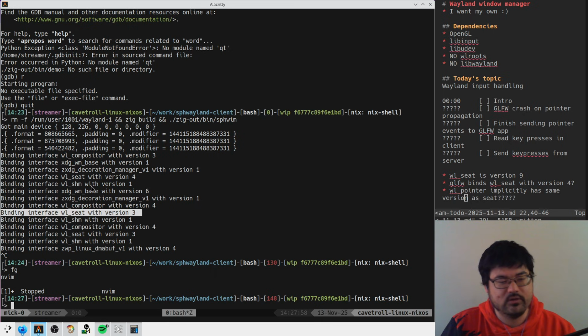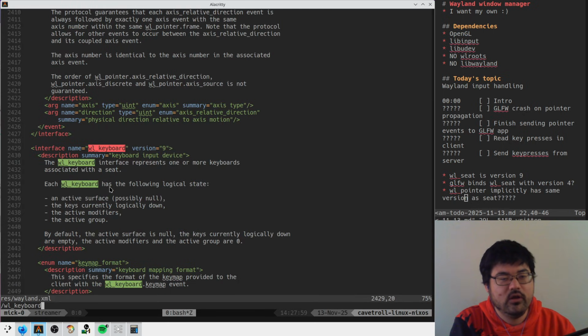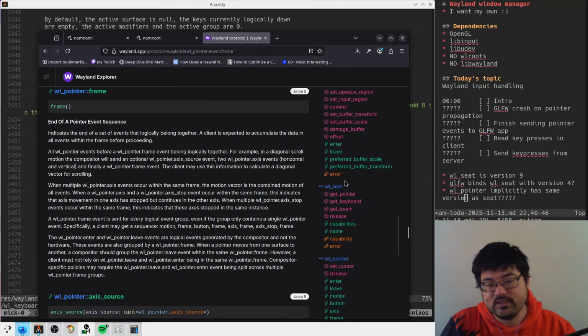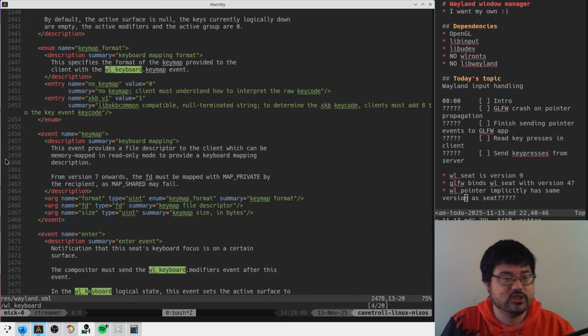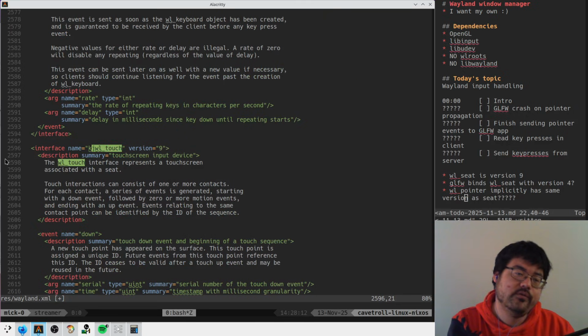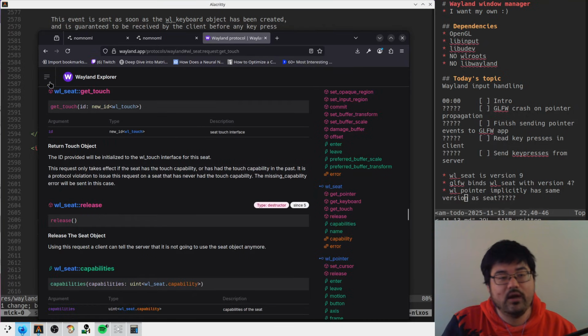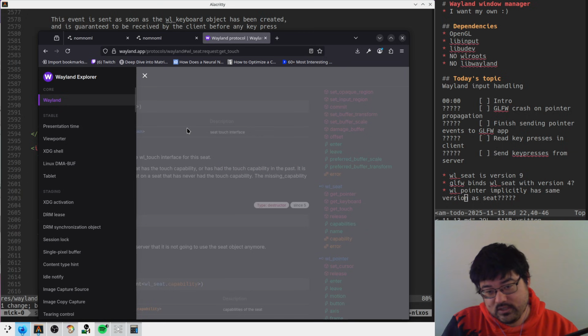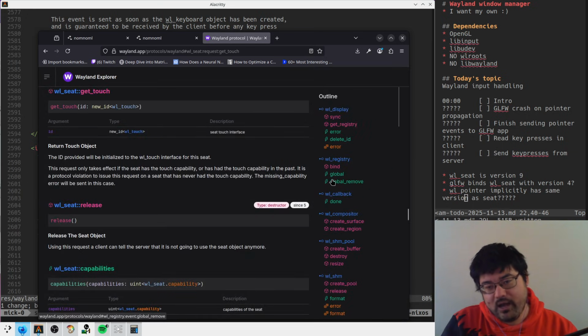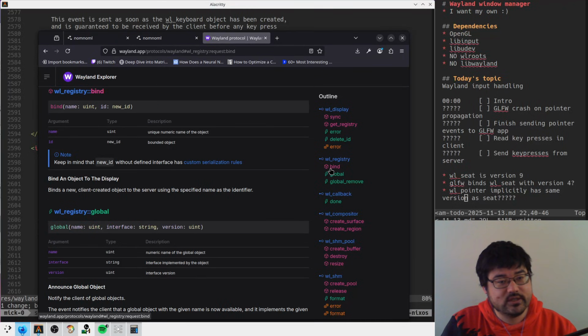I don't know, is that true though? Like, does WL keyboard also have version 9? Which makes sense. What about WL touch? Also version 9. So I think for now it's a sane assumption to say that anybody, so the bind function is